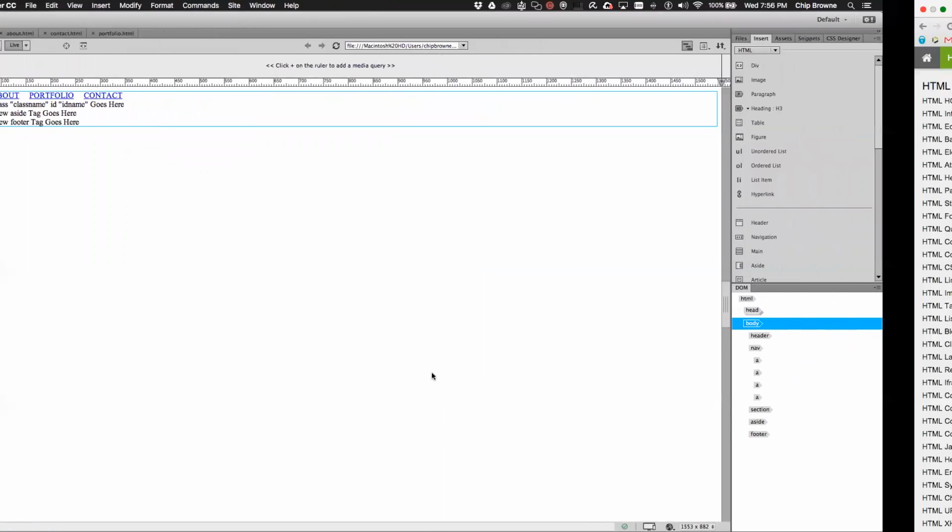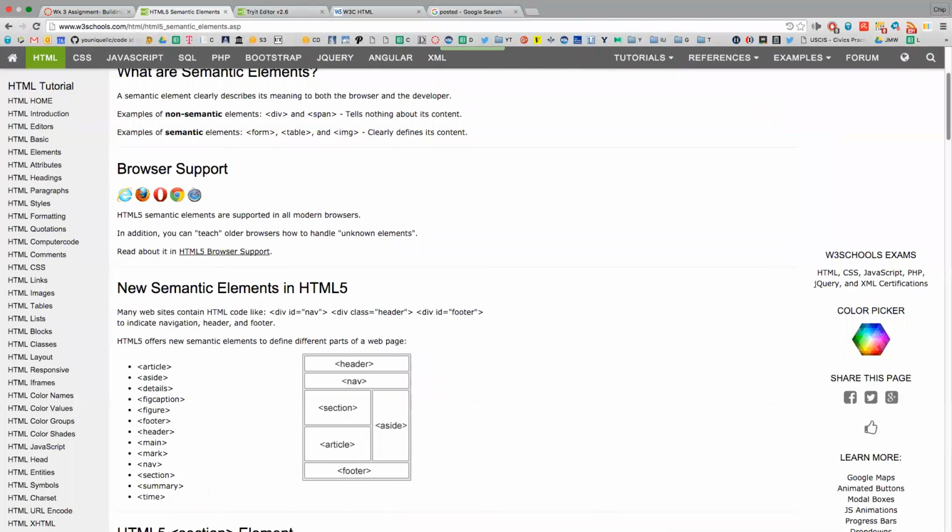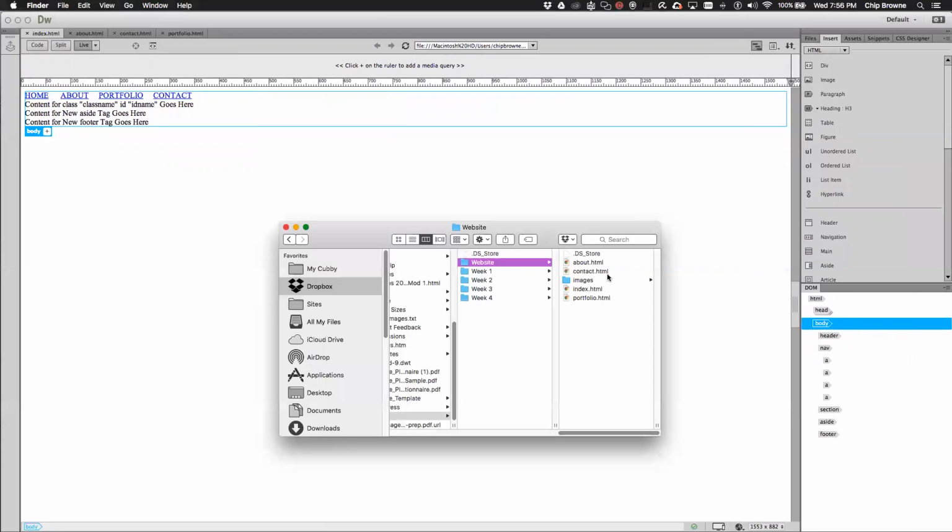So I think I'll do that here. Just by double clicking on it, it brings it up. We have this aside, got the footer here, the header,